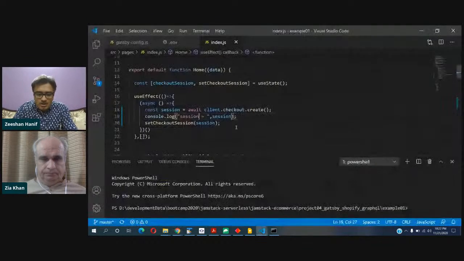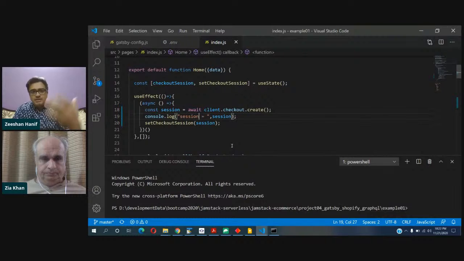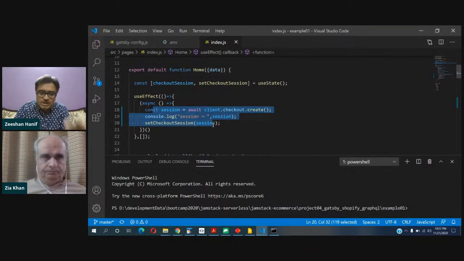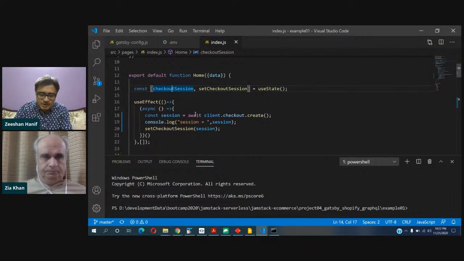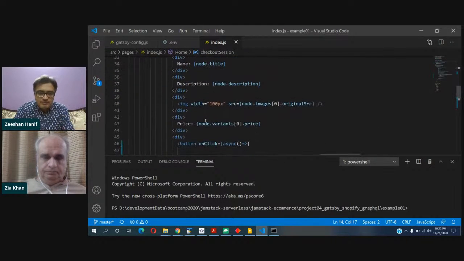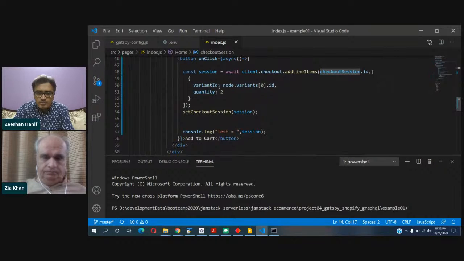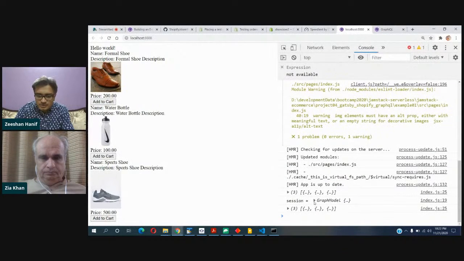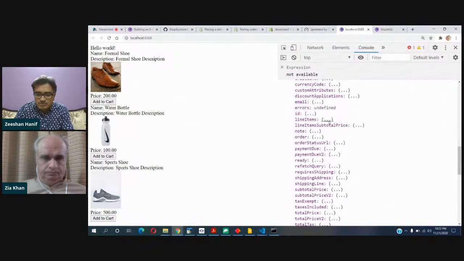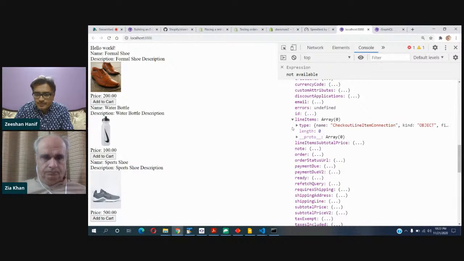Okay, so now as soon as the page is loaded, useEffect will work and it will create this checkout session, and we have this session inside our state. And then once we click the add to cart button, it will call addLineItems, pick the session ID, and then add the variant into the session. So if you see the session at this moment, it has nothing. So what I'll do is I'll add the,